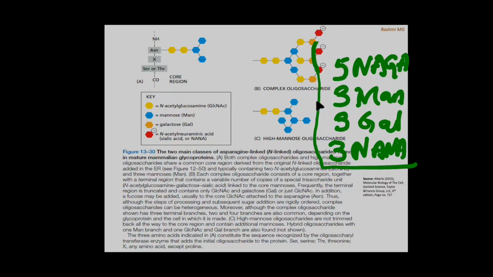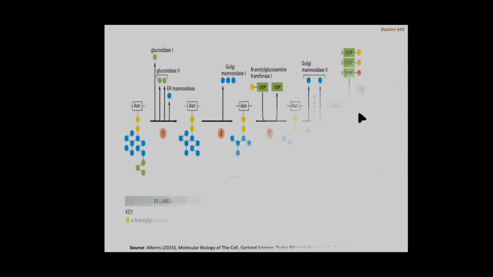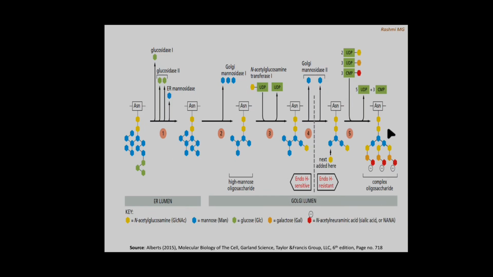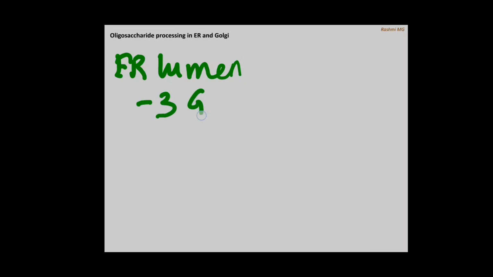So this was the resultant oligosaccharide after processing in Golgi, right? And these were the steps involving the modification of oligosaccharide taking place in the Golgi lumen. So let us quickly summarize oligosaccharide processing in ER and Golgi. So first in ER lumen, there will be removal of 3 glucose